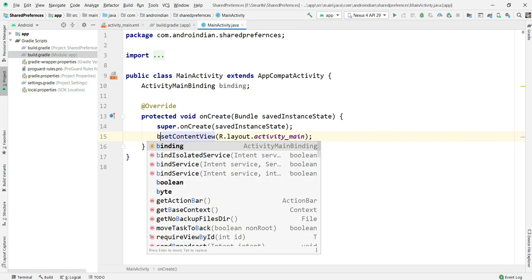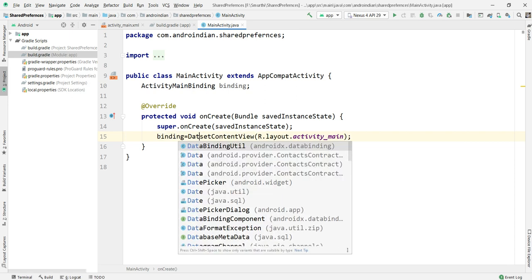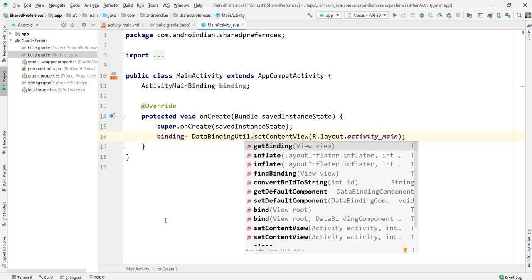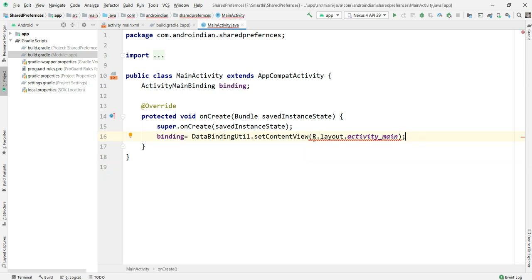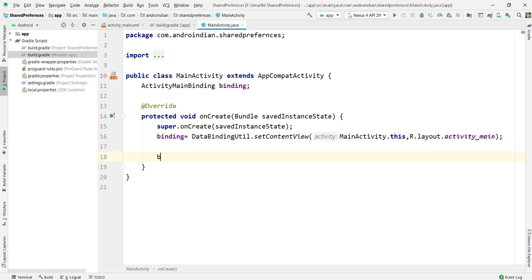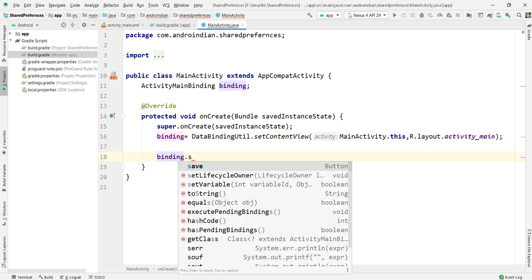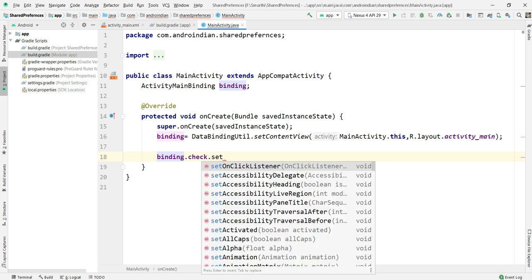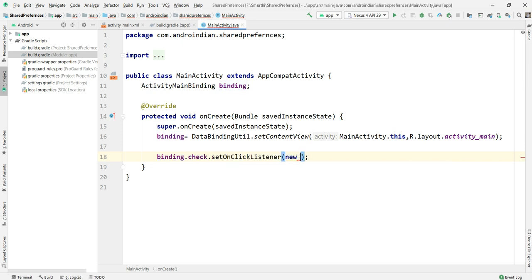Then binding equals DataBindingUtil.setContentView with the context. Now I will write binding dot check, setOnClickListener, new View.OnClickListener.